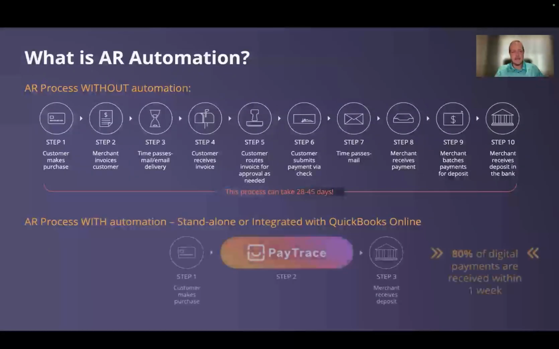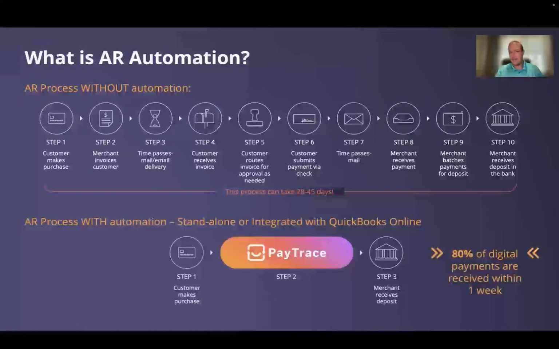And how are we doing this? Well, we're doing it through AR automation. So some of the tools that you're going to see today on our Trace AR for QuickBooks Online product really is taking out this very tedious manual invoicing process and streamlining it and consolidating it into something that's so much simpler. And I'm going to use this term a lot, frictionless, right? I'm not going to outline this 10-step process for somebody not doing AR automation today. But